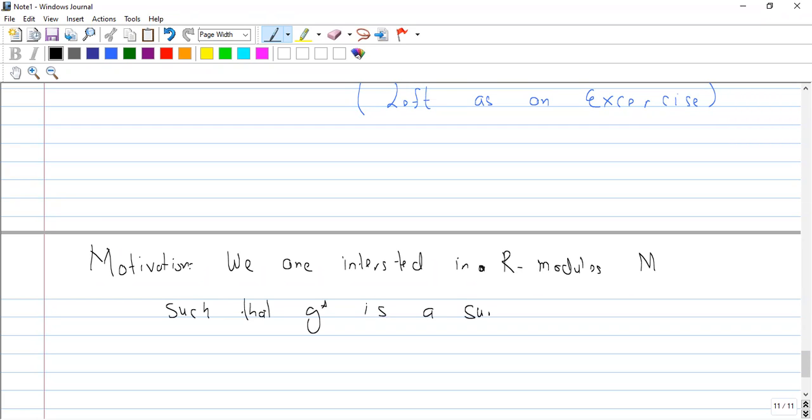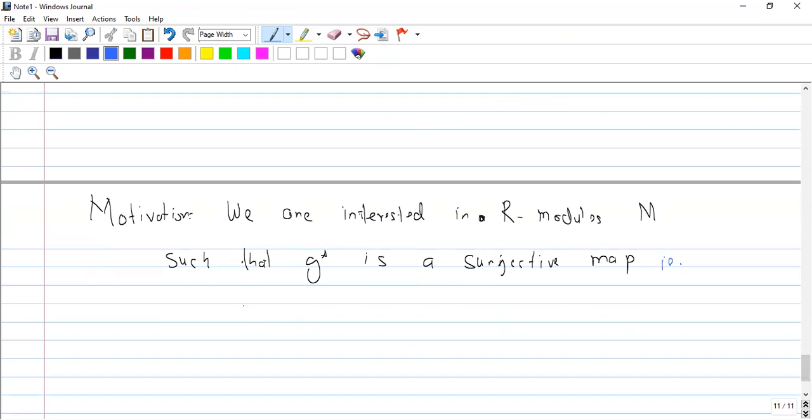So we know that in general G star is not a surjective map such that G star is a surjective map. इसको मैं अब explain कर दूं, that is in an arbitrary short exact sequence